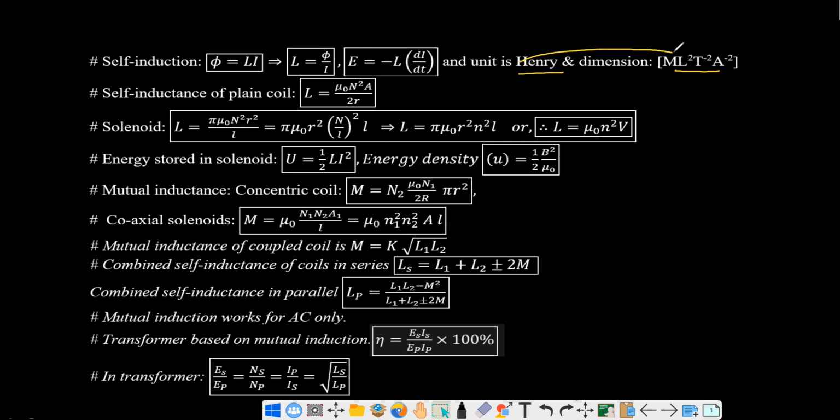These are very important to deal with MCQ questions in different kinds of entrance examinations. Again, many MCQs can be made from this relation for self-induction of the plane coil, that is L equal to mu naught n square A by 2R. So from here, what we can expect is, number of turns like double गरिदियो भने self-induction 4 times हुने, radius like double गरिदियो भने 2 times ले हाम्रो self-induction को value घट्ने, यस्तो खालको क्वेशन्सहरू हामी अब्टेन गर्न सक्छौं, एमसीक्यूहरू अब्टेन गर्न सक्छौं यसबाट।